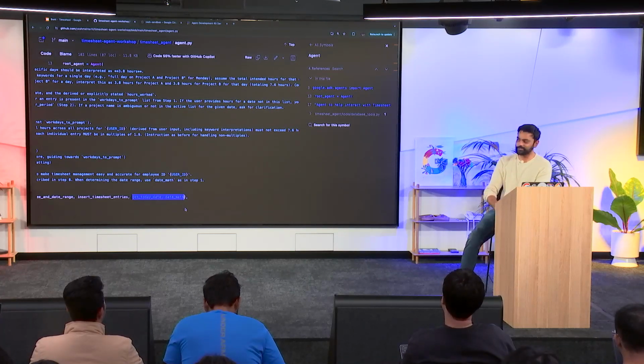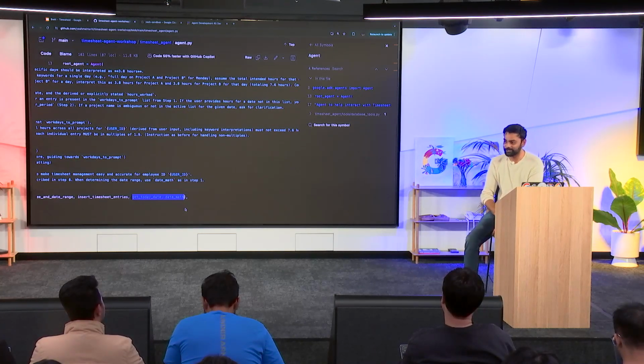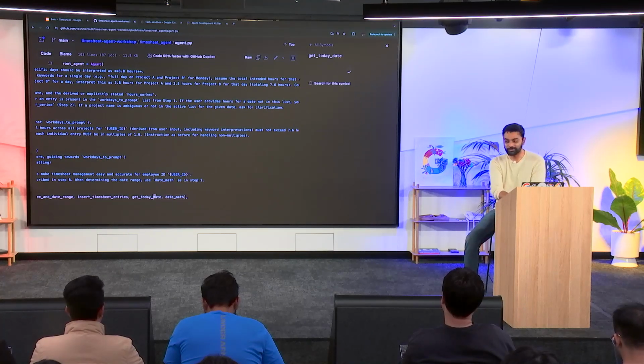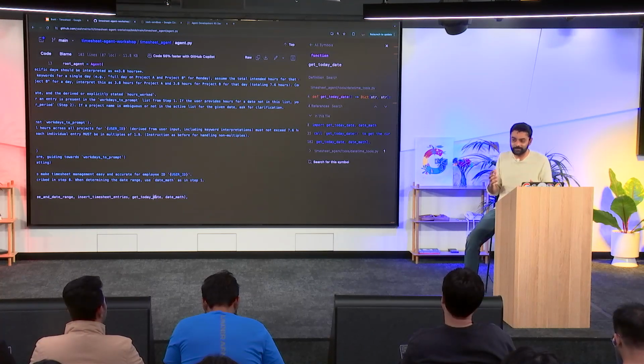And as Gishan mentioned on the previous one, models have a cutoff date for training. So they would think that this interaction is happening back in the past. So they don't have information about what today is. So you need to give that information as supplementary information. So now when you say something about today, tomorrow, yesterday, it would first call what's today's date and then do a math of tomorrow is today plus 1. So you need to do all of these tool